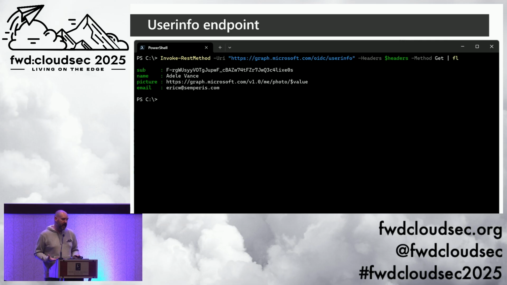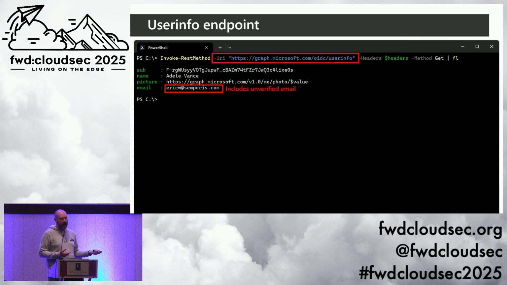From an OpenID Connect perspective, it's a little more work for app developers. But after they get that token, they can reach out to another common Microsoft endpoint, the user info endpoint, where they can ask Entra ID for other data about users. So here we can call that endpoint and get email addresses. These would be addresses that include unverified domains, because this is post-authentication. There's no concern that the app is doing something stupid from an auth perspective with that.